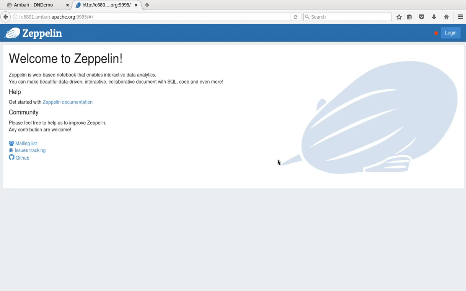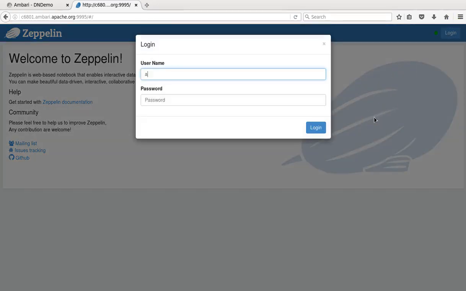Now, the security aspects of Zeppelin are somewhat half-baked right now, in my opinion, but they're getting there. So, as with any notebook-oriented solution or technology, you need to log in, and that's what I'm going to do. I'm going to log in real quick, and you can do your own specific user management through a variety of